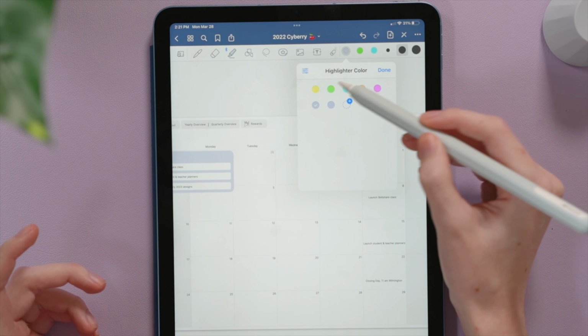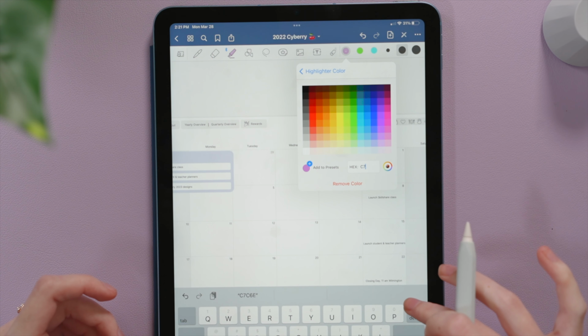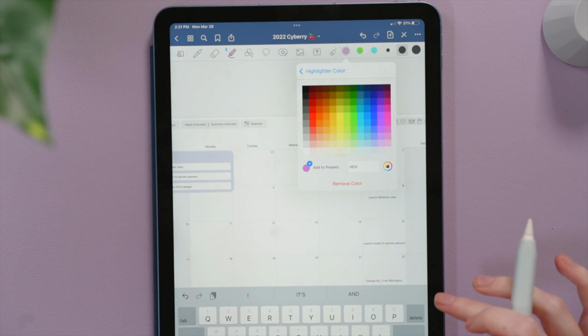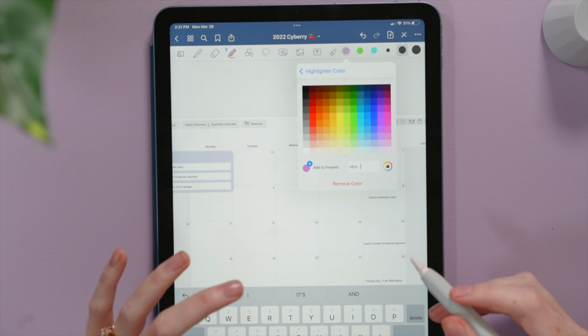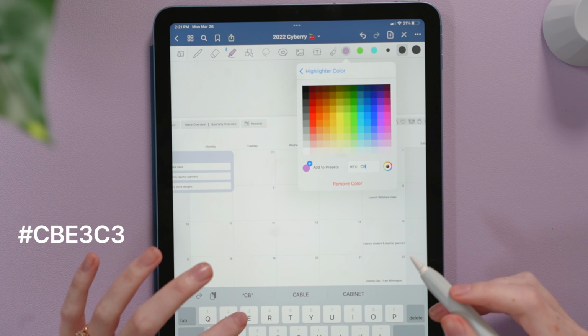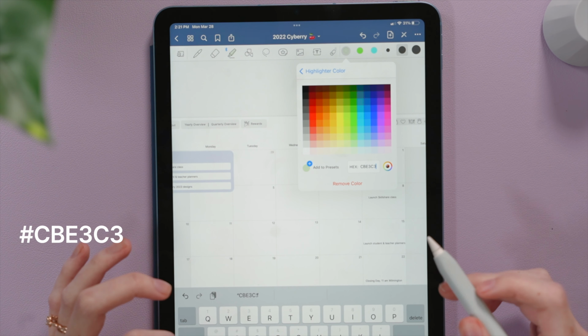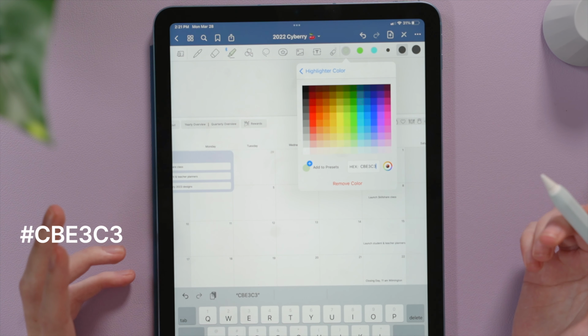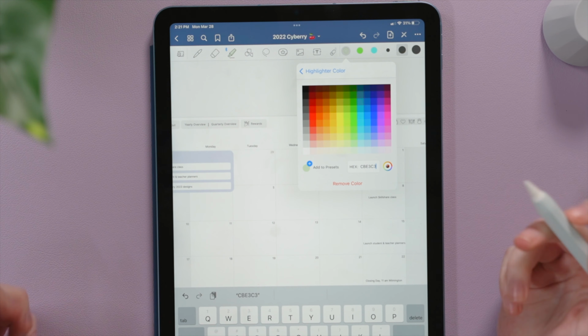I accidentally hit it twice, but I'm going to click this color now, and then I'm going to type in my second hex code color. So the green that I like to use is CBE3C3. And because I have the iPad Air, there is not a numbers row like there is on my 12.9-inch